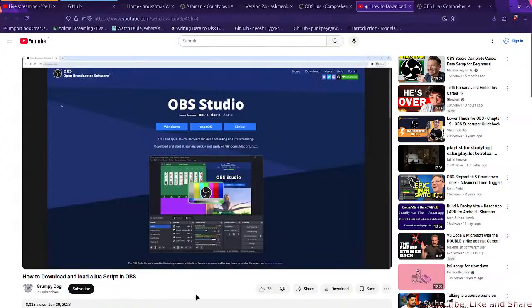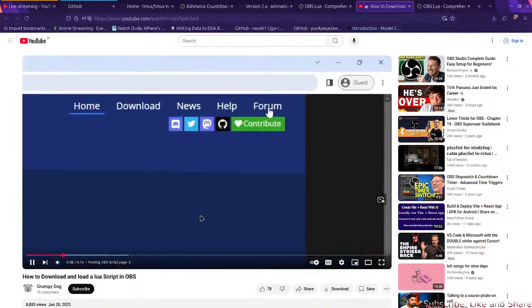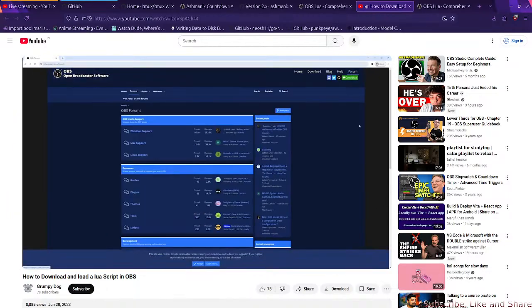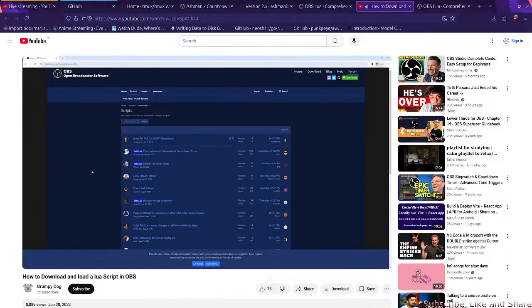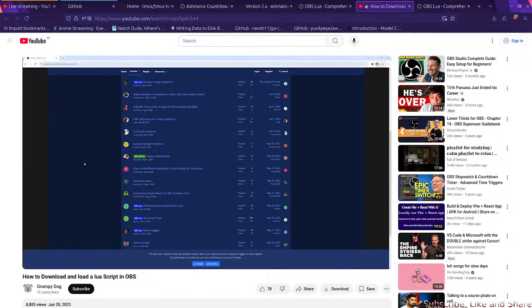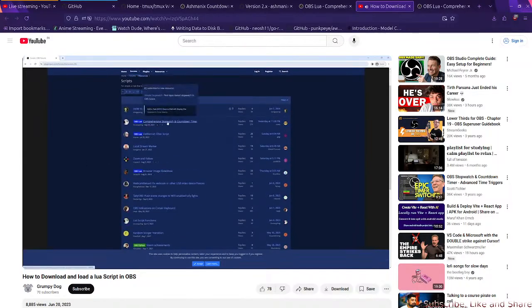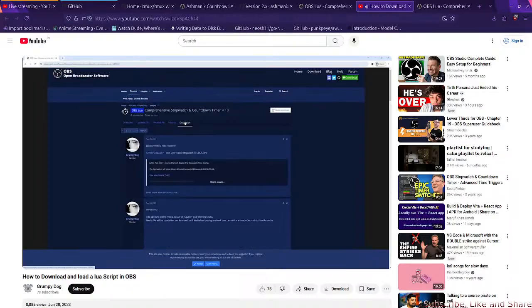Okay. Once the page is loaded up, we want to go to the forum section, and you can find the link for that in the top right corner. Okay, so And then we want to go over to the script section, forum resources. script. Okay, great. And that should open up a page with an index of all the scripts available on the OBS forums. Okay. We want to install this comprehensive stopwatch and Comprehensive so stopwatch if we found find on. it should open up that page. Okay. You can find